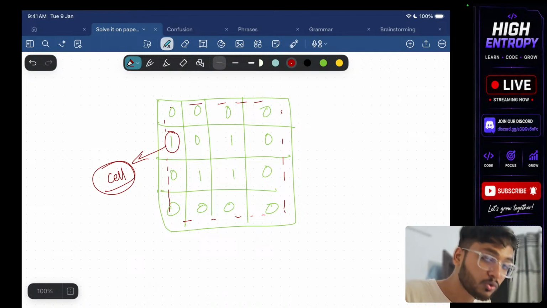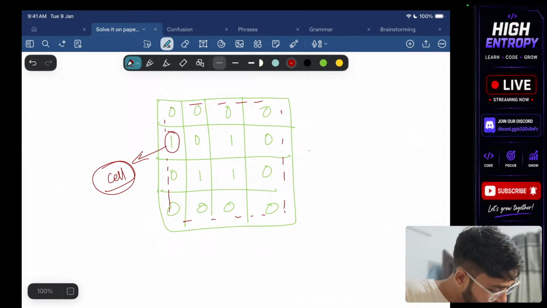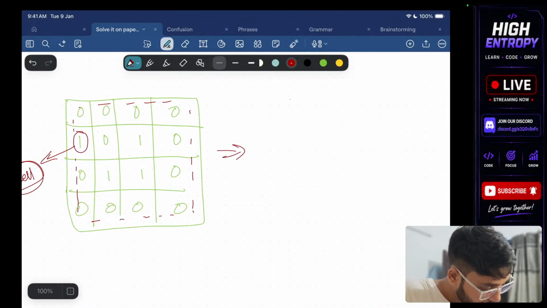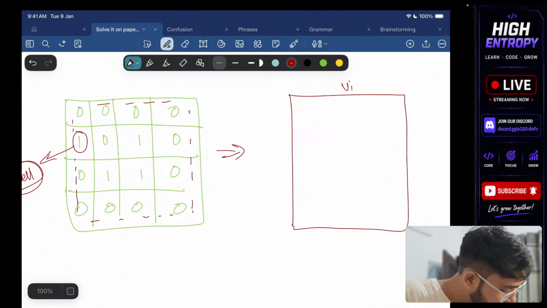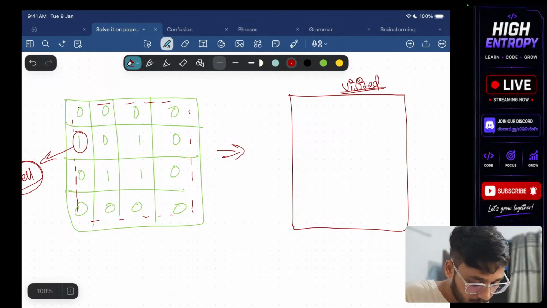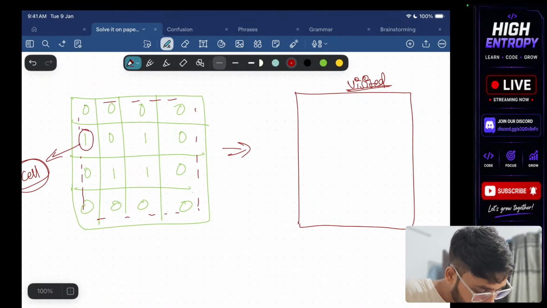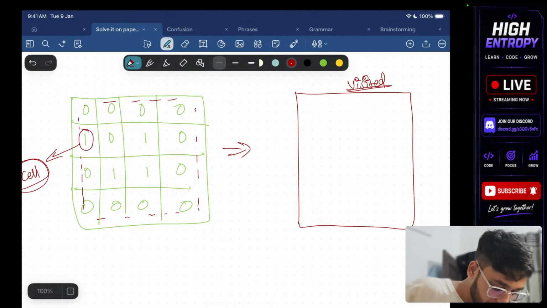Then all other cells you don't have to check, because that means you won't be able to. So my thought process is simple. Here what I'll do, I will simply create a visited array, and I will start DFS or a BFS, you can apply anything. So whatever the cells that have already been there, basically what you can do, mark them visited,